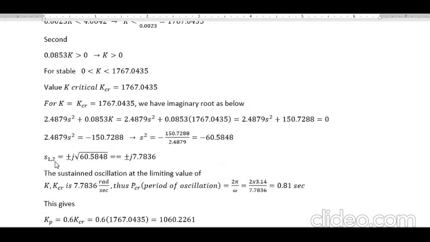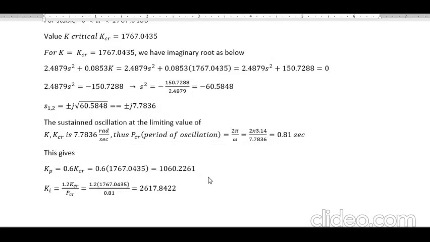At the end we get that s is plus or minus j 7.736. We know that there is omega, and the period is 2π per omega. At the end we get this value, the critical period. We have got the KCR and then the PCR.